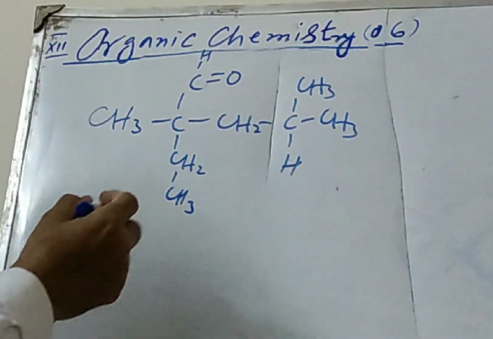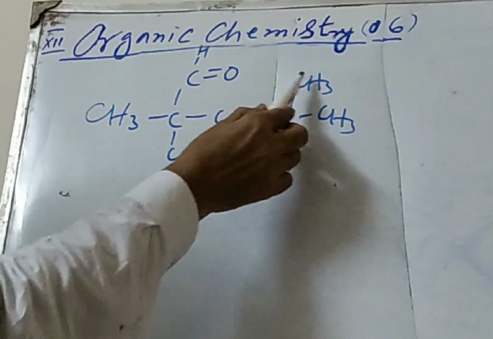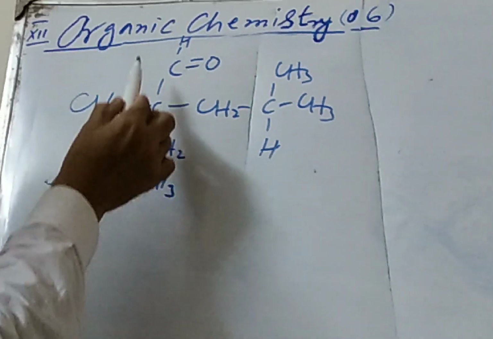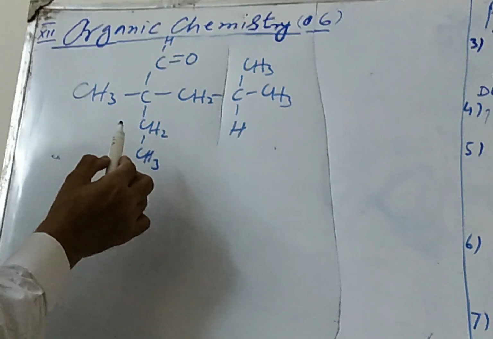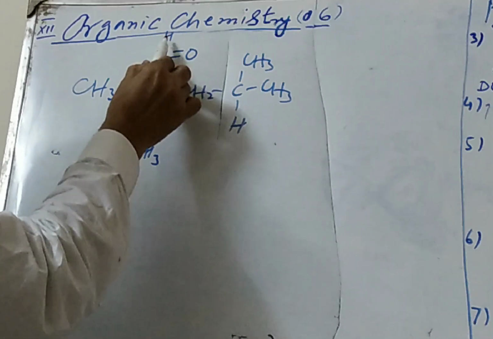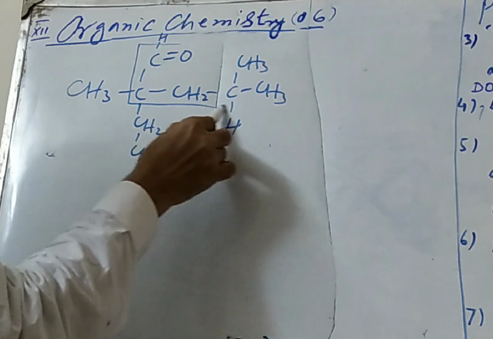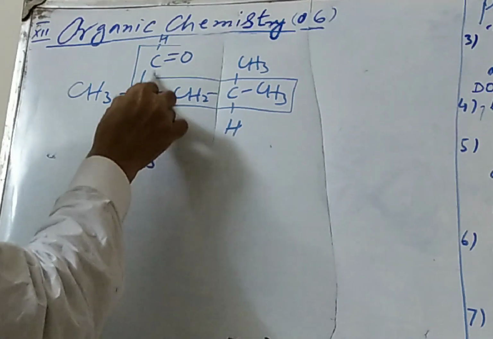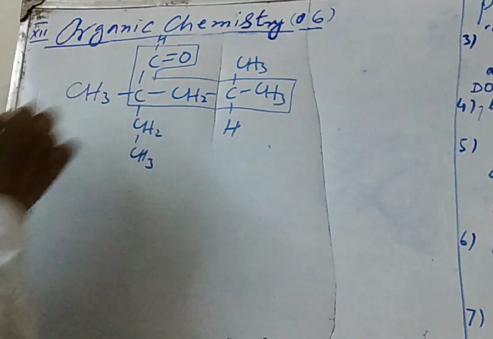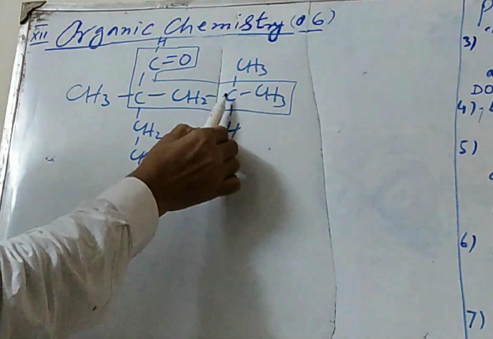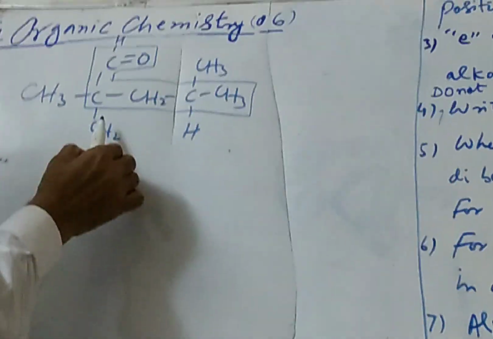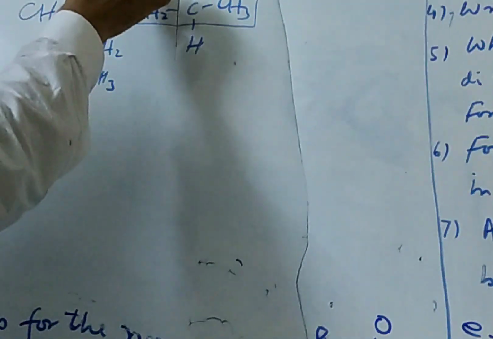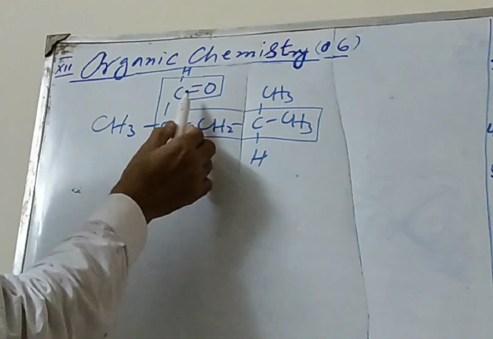So in this case, you can see that is 1, 2, 3, 4, 5. 1, 2, 3, 4, 5. 1, 2, 3, 4, 5, 6. But if we consider this, the aldehyde will be omitted from this parent chain. So this is the chain. In this case, 1, 2, 3, 4, 5. Although it is smallest, if we consider the other one, it is wrong because the CHO group will go out. So this is the basic chain.